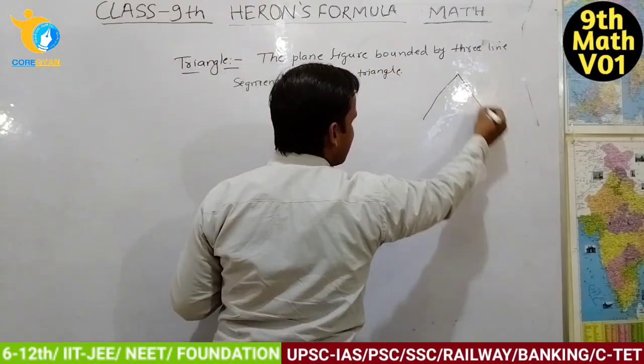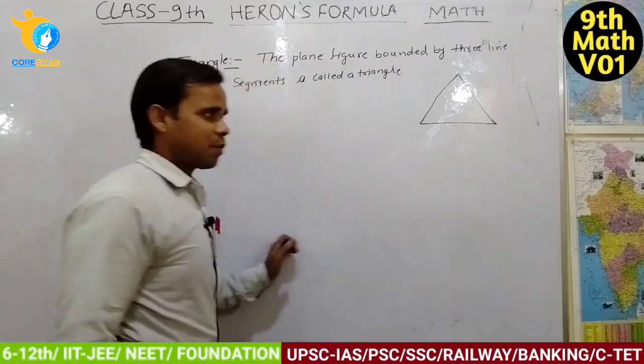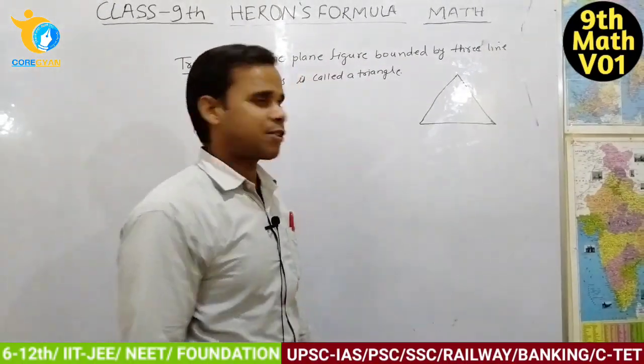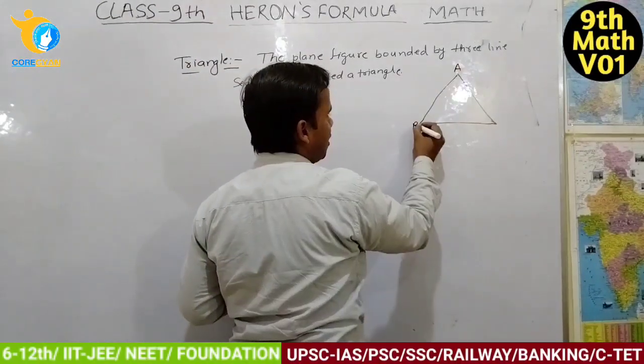तीन साइड से घिरा हुआ जो क्षेत्र है लाइन सेगमेंट से, जो तीन साइड से घिरा हुआ होता है, बाउंडेड जो कर्व है, दैट इज कॉल्ड ट्रायंगल. We have to denote it A, B, C.